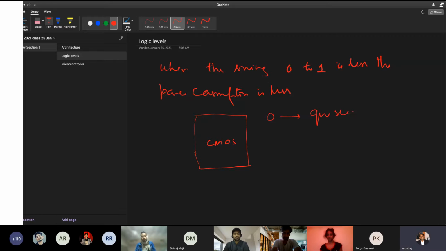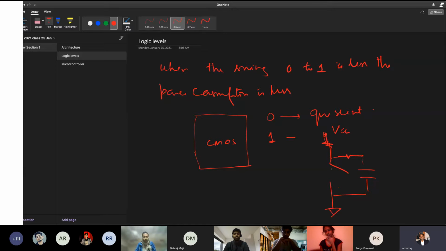No, sir. It is quiescent power consumption. If it is in one state, the power consumption is less. Basically, it is a switch. This is the switch, and there are some capacitors, or an RC, you can say. So this switch has a resistance here. This is VCC, and this is your ground.